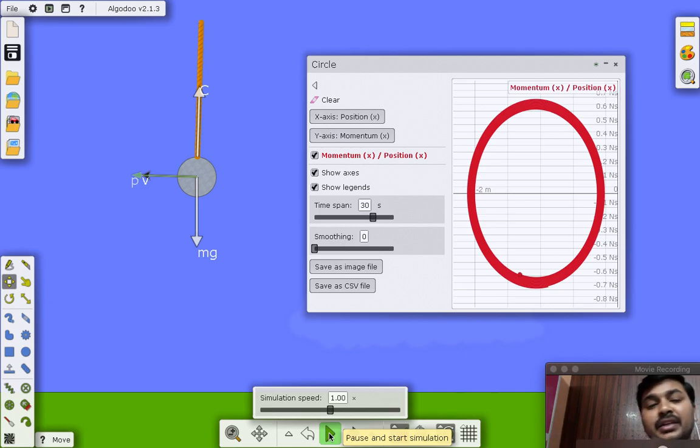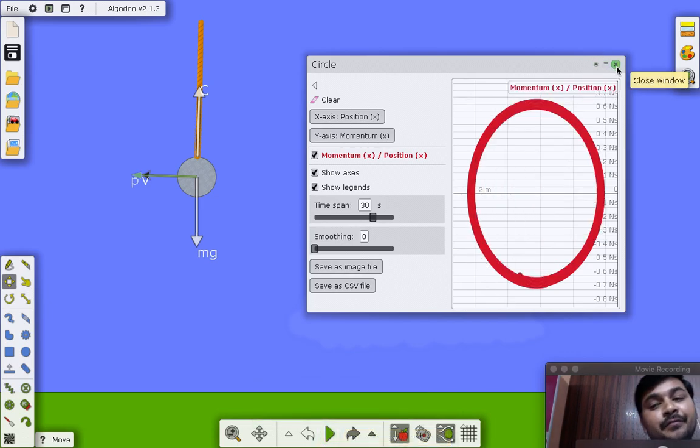For any simulation based on mechanics you can create it here, but you cannot create circuits here. To create the circuits, as I have already explained in my previous videos, there is a beautiful website, Tinkercad. There you can create your own circuits and your own animations for the circuit. But for the entire mechanics part of physics, you can create small simulations here.